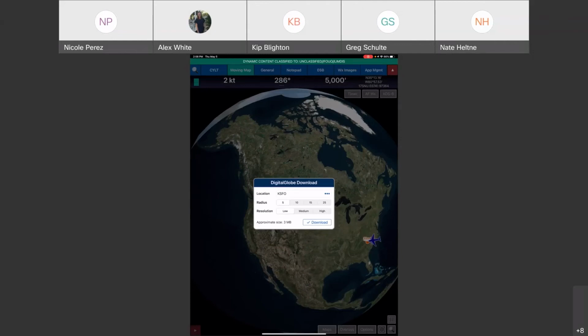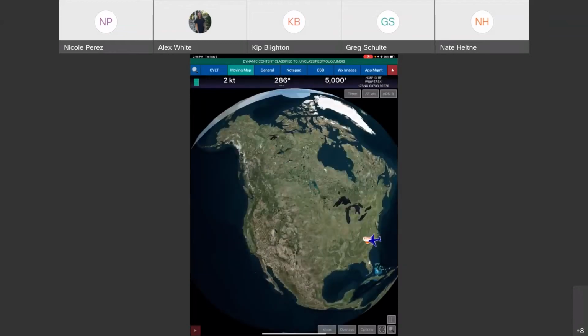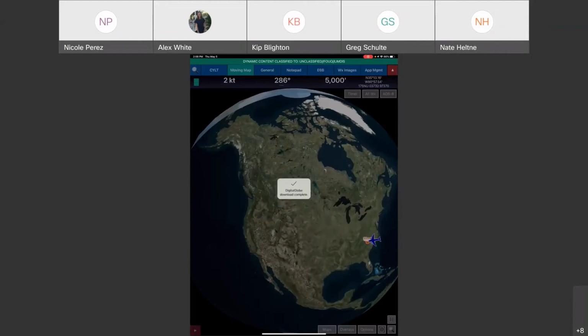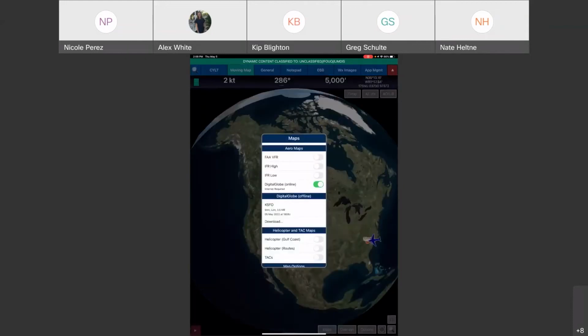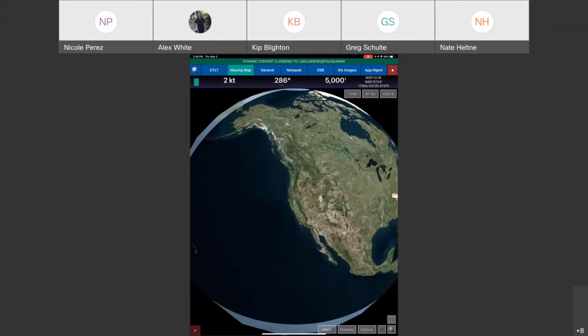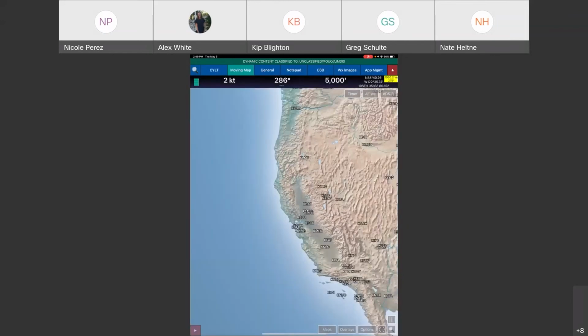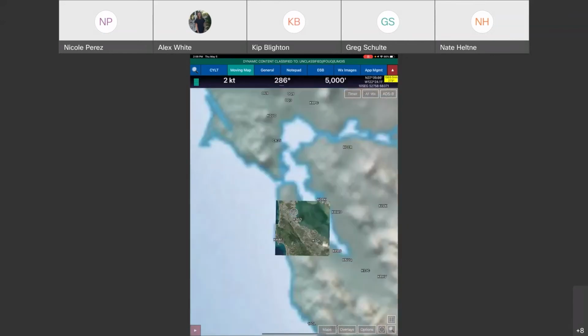You can select the radius and resolution. I'll just leave it as radius 5 and resolution set to low, and it begins to download. You can see if you tap, that was a fast one. If you tap on the maps, you'll see it download here, and once it's finished, you can just enable it. Zoom in, and there it is.